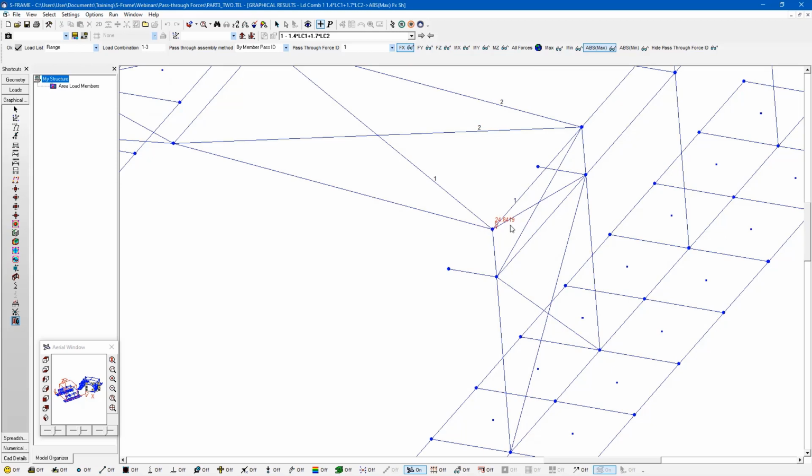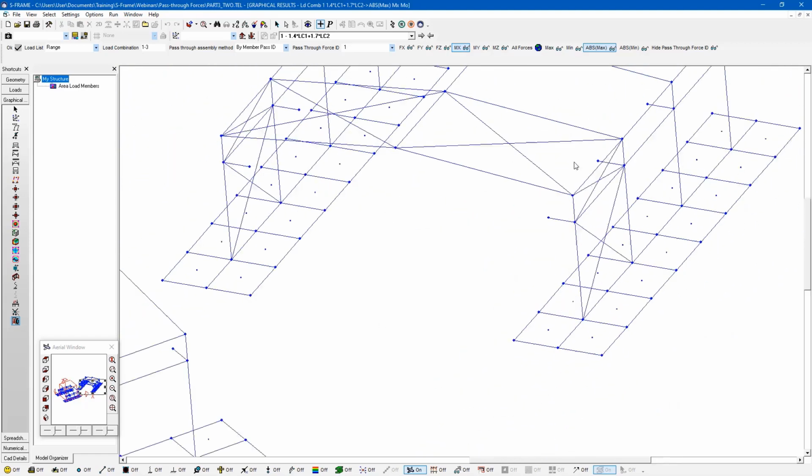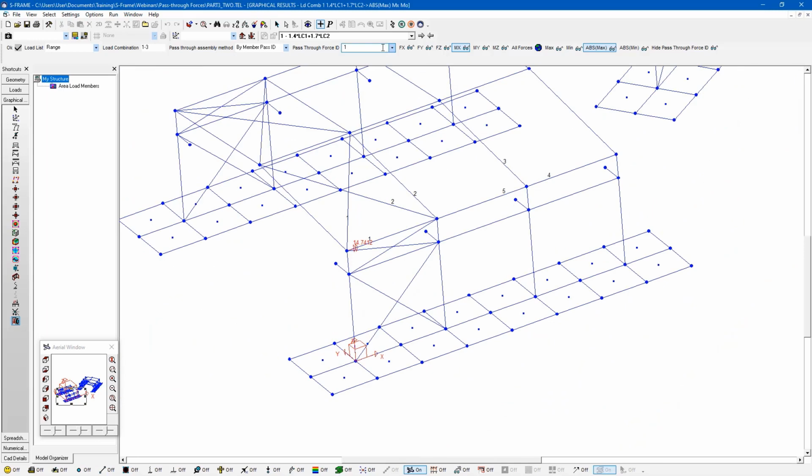So even though it's a different, slightly rotated model, I can still make sure that these are all transformed to the correct orientation of the joint. You can look at Fy and the different rotational connection design forces as well. Now moving a little bit further along here, if I want to look at pass-through force ID number 2, which